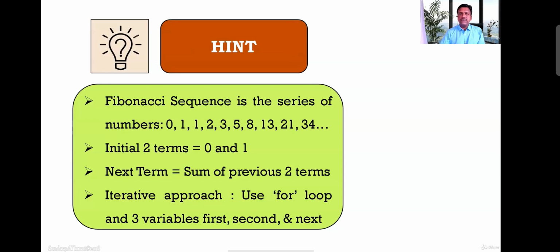They are there always, but the next term is actually the sum of the previous two terms. So you can use a for loop and implement this strategy. You need to use 3 variables, and then you will be able to trace out first number, previous number, as well as next number. So I think with this hint, you are going to implement this code on your own.